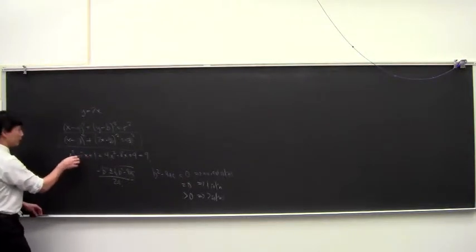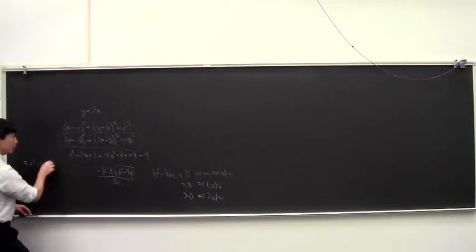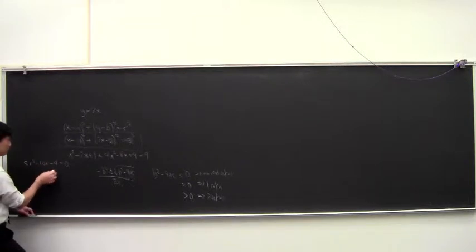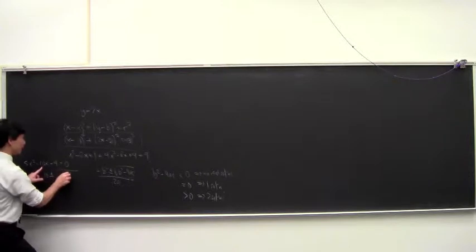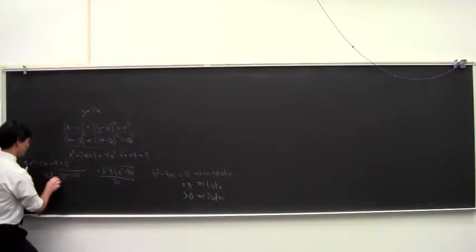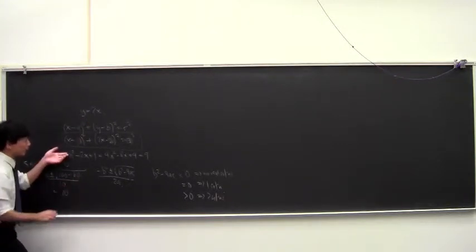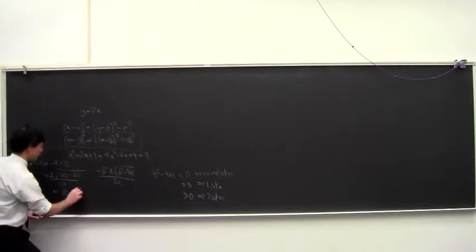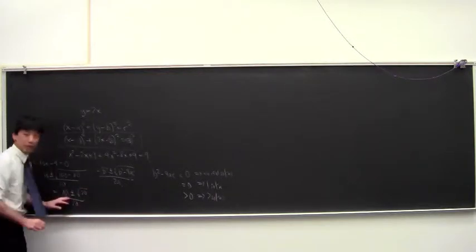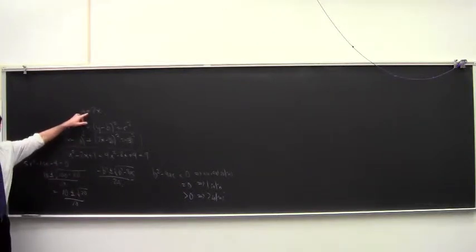so what is this? 5x squared minus 10x plus 5 minus 4 is equal to 0, right? So the solutions are going to be 10 plus or minus the square root of 100 minus 4 times 20, so 80, over 10, right? So your solutions for this example would be 10 plus or minus the square root of 20 over 10, right? And so those would be your x values,